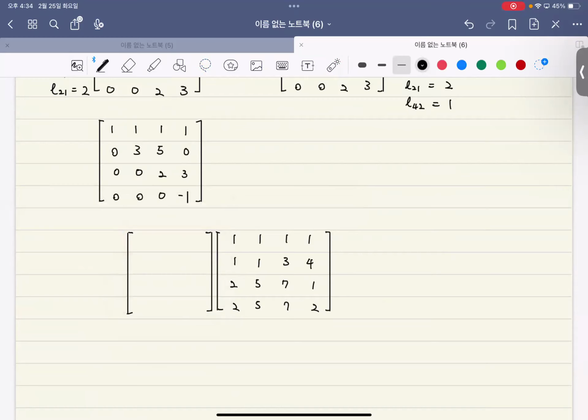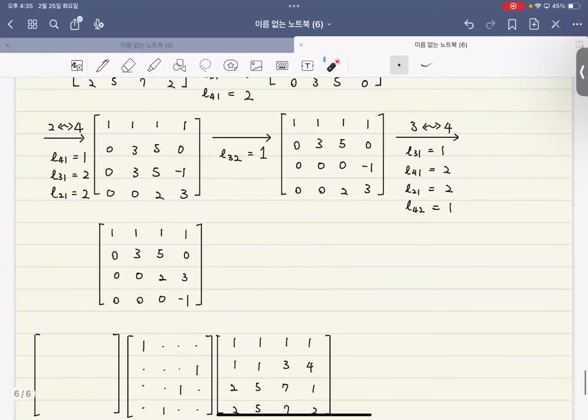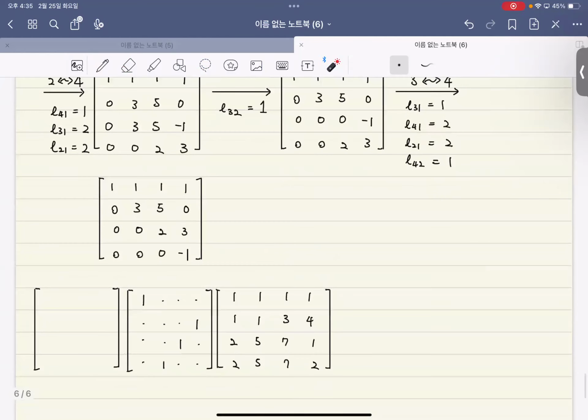So this is the permutation that exchanges 2 and 4. And another permutation that exchanges 3 and 4. So